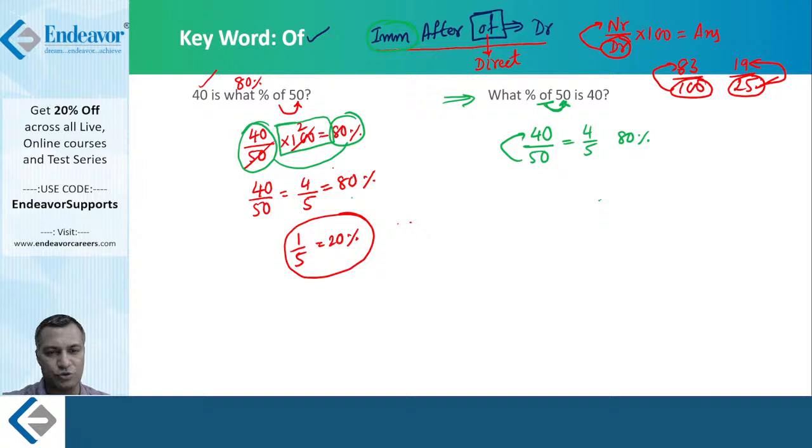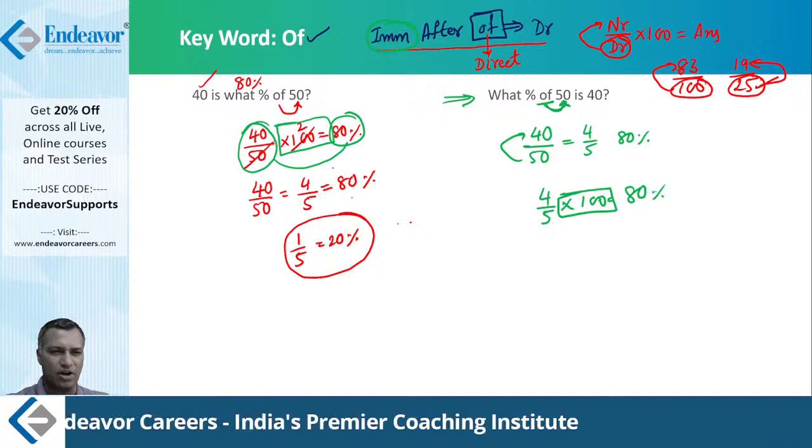See, I'm avoiding this black box. What is that? 4 by 5 into 100. I'm avoiding this black box, and directly writing it as 80%, right? Yeah, let's try doing that. That's the importance of the keyword "of". Look for that keyword "of" in the percentage problem. Whenever you are dealing with a percentage problem, just quickly look if this keyword "of" is there. Then it's pretty sorted. If the keyword "of" is there, whatever is coming after "of", put that in the denominator. Put the other number in the numerator. Compare the numerator with respect to the denominator. I hope you are getting this clarity here.